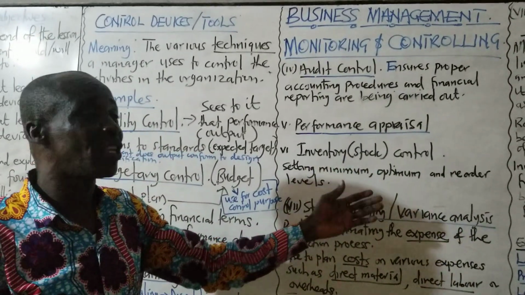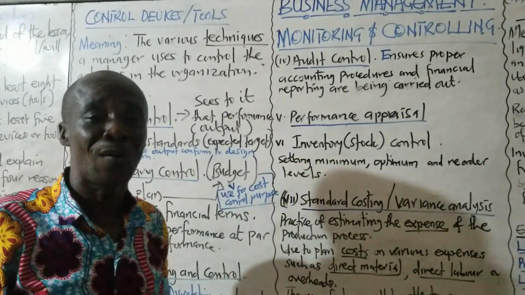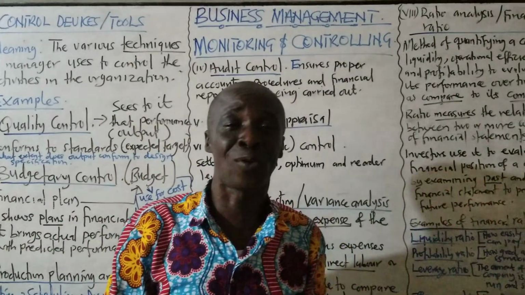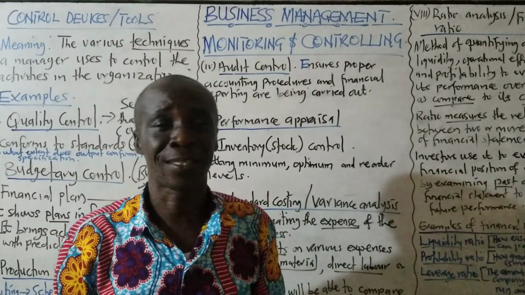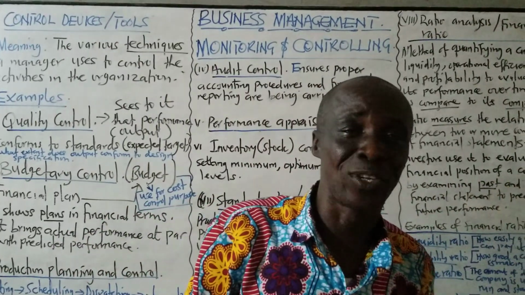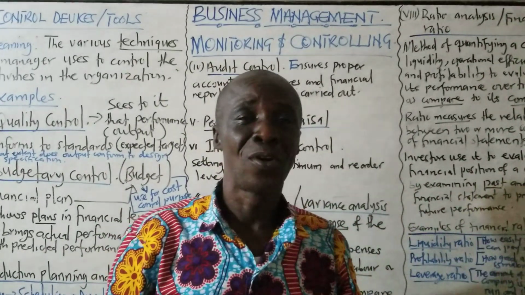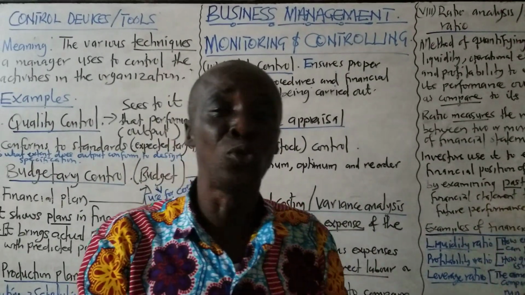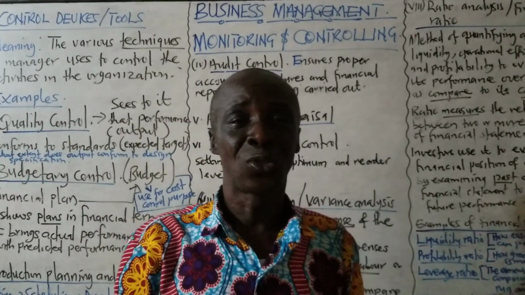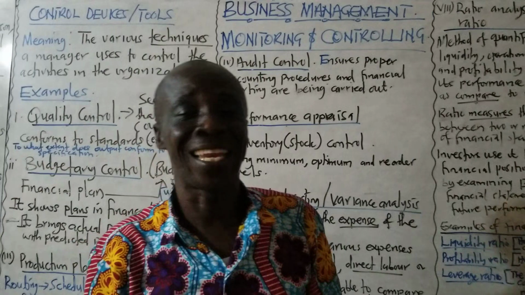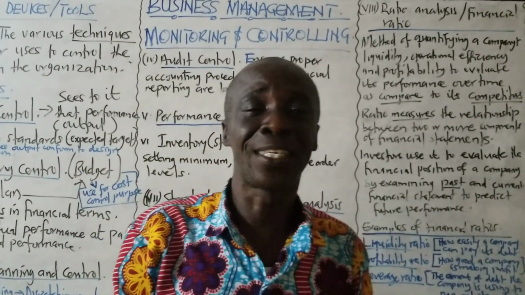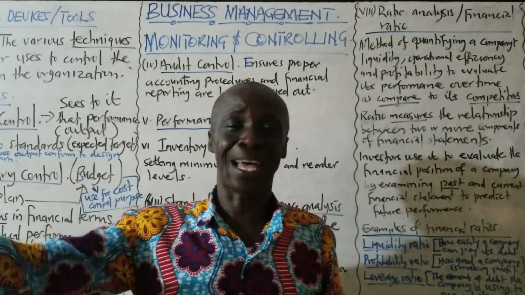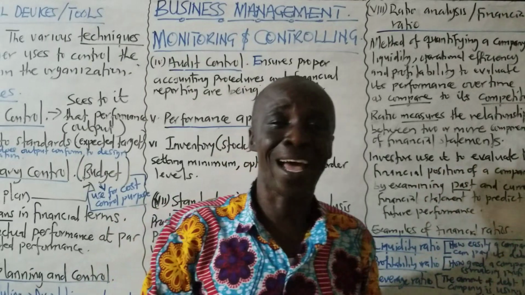And then they have what they call the reorder level. So you have your maximum level, you have your minimum. Let's say the maximum level, as I indicated, is 100 boxes. The minimum level is 20 boxes. So you know how you manufacture things and how many boxes you use in a day or in a week or so. So then you can set your reorder level at, let's say, 40 or 30. Let me say 30. So that the moment you get to 30, then you ask the supplier to supply you